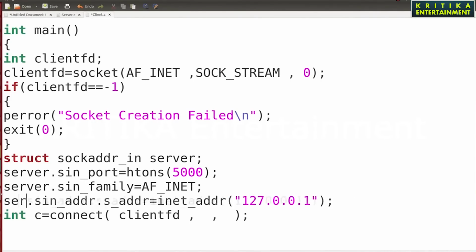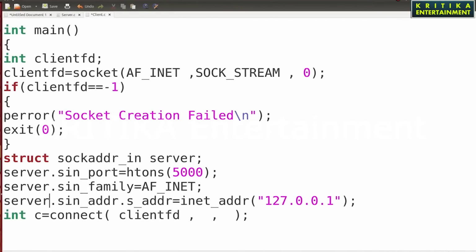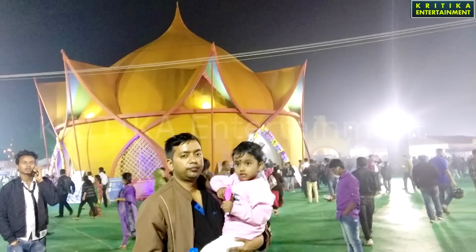That means the client should know the server IP address. Then it can connect. So the server's port is 5000. Same AF_INET, same IP address. So here we pass the server information. What is the server information? The same struct sockaddr_in.